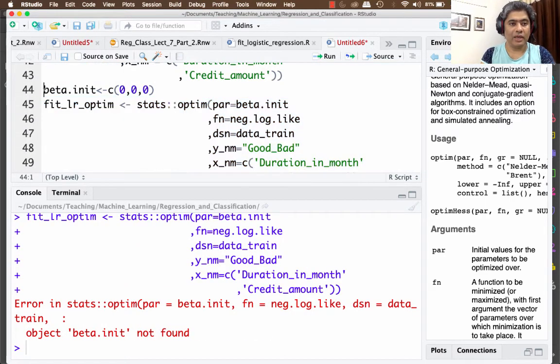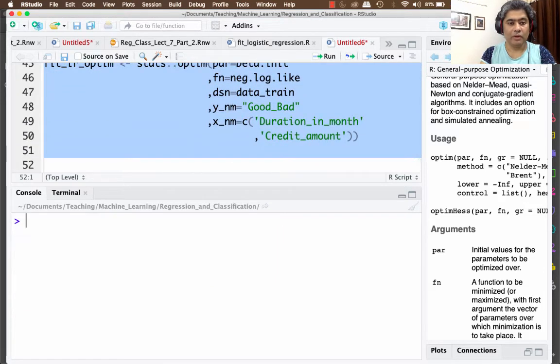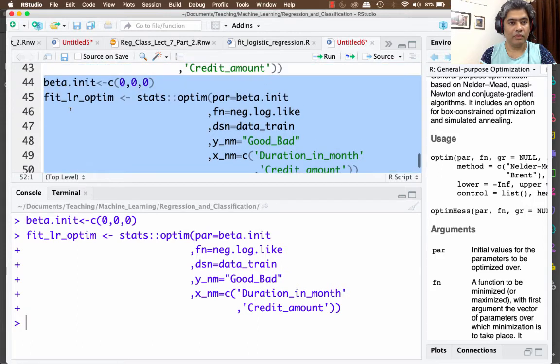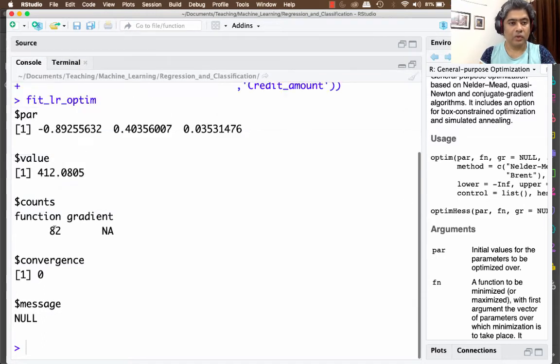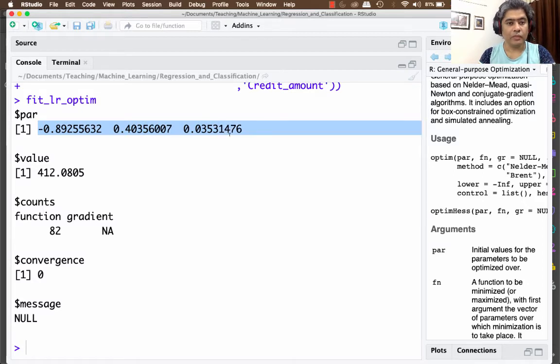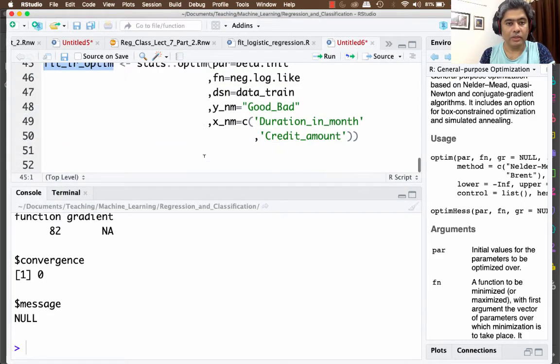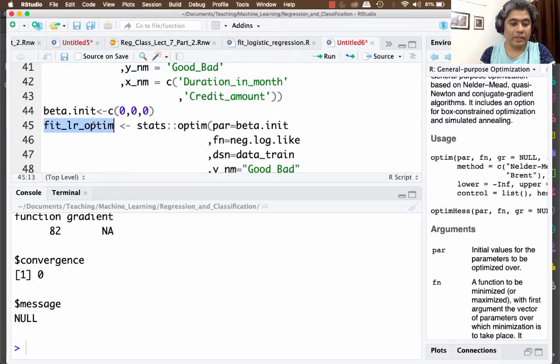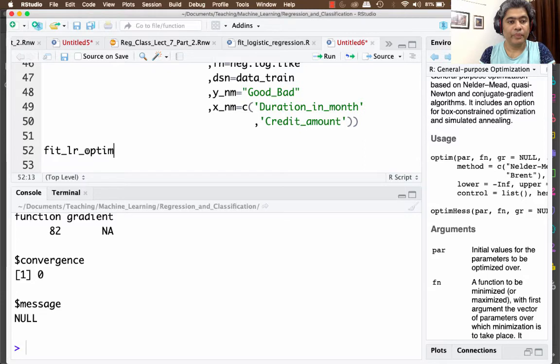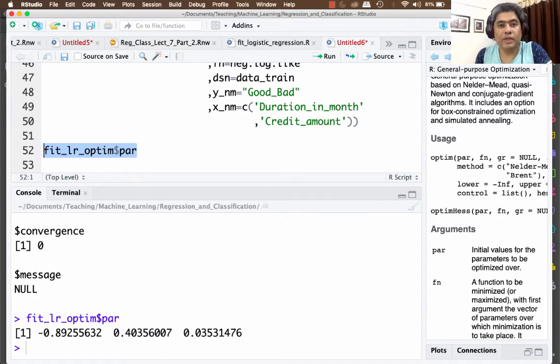I have to run the beta init, the initial value of beta. And it has run, and without any error it has run. So it has taken 82 steps, and these are the estimated MLE. You can see that, and then what I will do is I'll just compare the estimates of the par. These are the maximum likelihood estimates of the beta parameters of the model, and